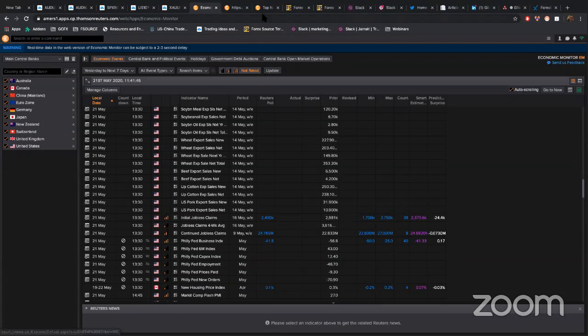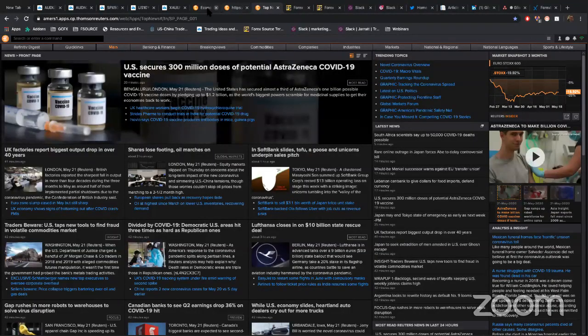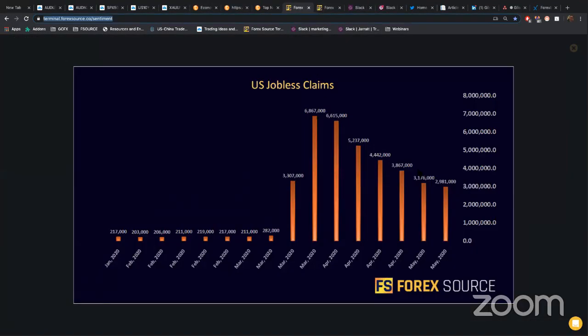Having a look at the previous claims, we can see there's a general steady downtrend. So the market's wanting to know, is that downtrend carrying on? Any sort of peak higher is going to be negative for risk. So just to be aware of that, that's something that could turn risk sentiment further off and will increase claims